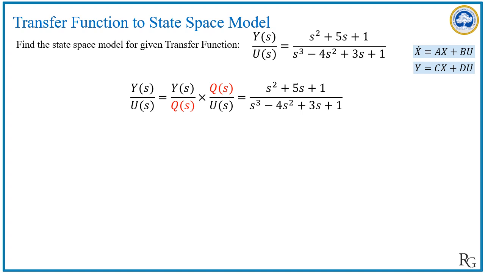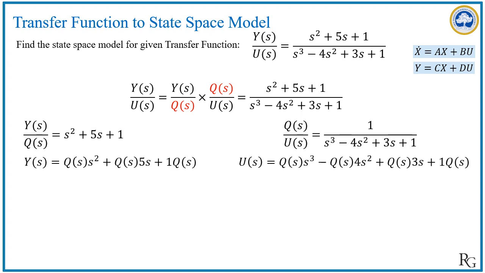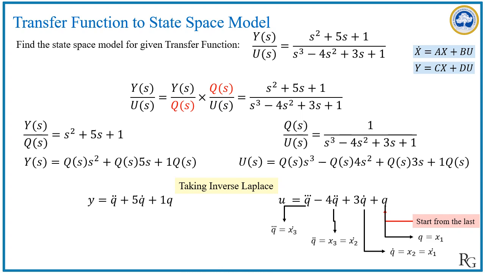Now we will multiply the numerator as well as the denominator with a dummy variable Q(s). So from the first part we will get Y(s) upon Q(s) as the numerator, and the second part as Q(s) upon U(s), that is 1 upon the denominator. Now we will expand both the equations. We will take the inverse Laplace transform of both the equations,